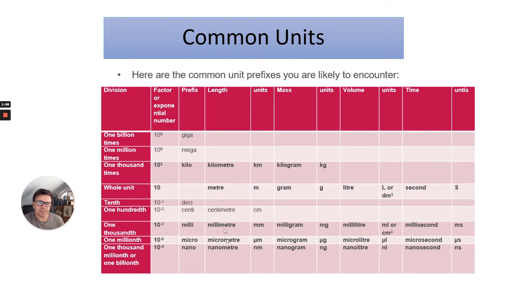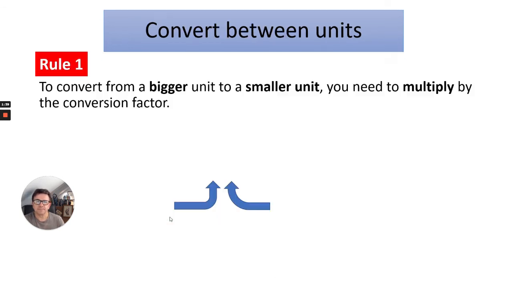In terms of biology, we're particularly interested in things that are very small, so we're looking at things like micrometers and possibly nanometers. We're not looking at atom molecular structure, picometers, but from meters down to nanometers is going to be the most important, and also masses, grams down to probably micrograms, milliliters, microliters, and then milliseconds and microseconds. So first rule, to convert from a bigger unit to a smaller unit, you need to